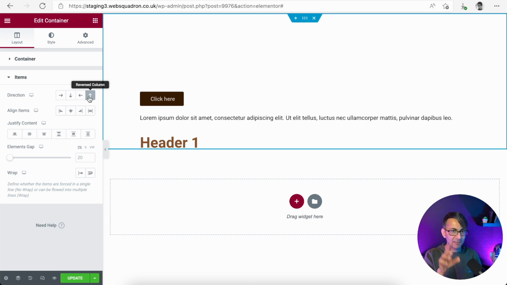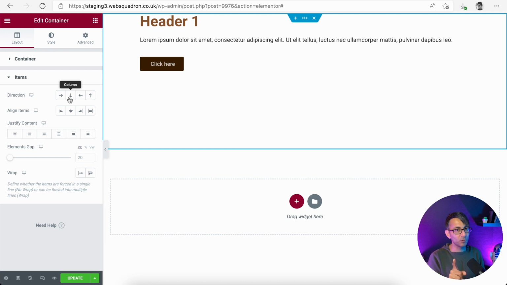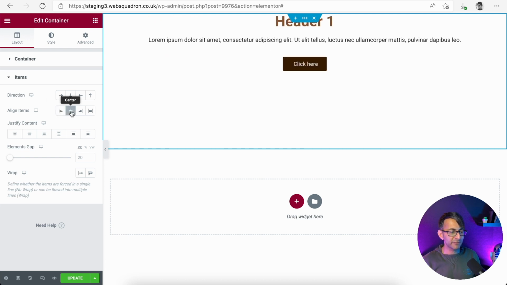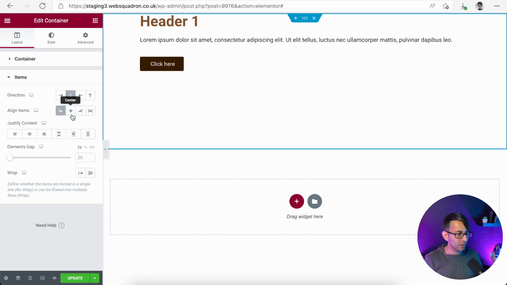And this is where we are now going to play around with this as well. So let me now put this back into the column order, just because we're very familiar with working with this at the moment. I'm now going to align the items. It is at the moment at Flex Start. 99% of the time, it will be the very first setting you have available anyway. What if we go for a center? Remember, we are still working, sorry, let me just put it the right way around. There we go, column.